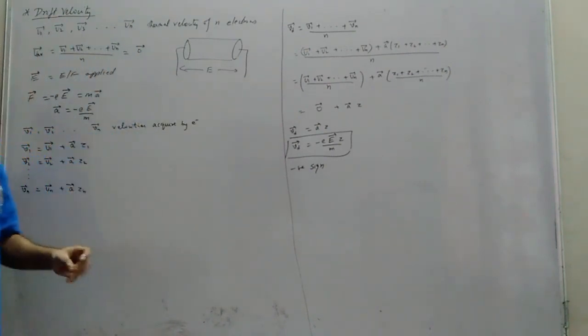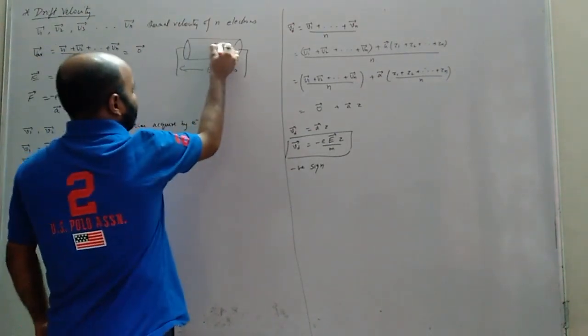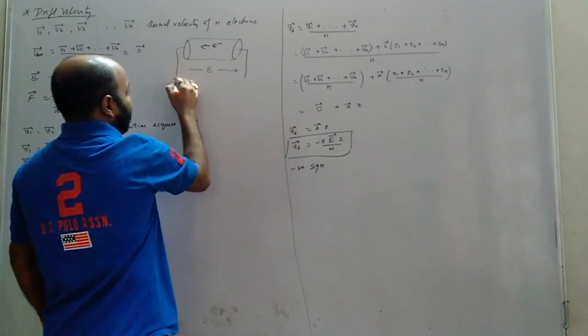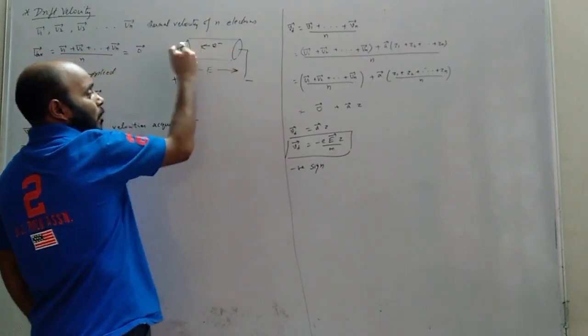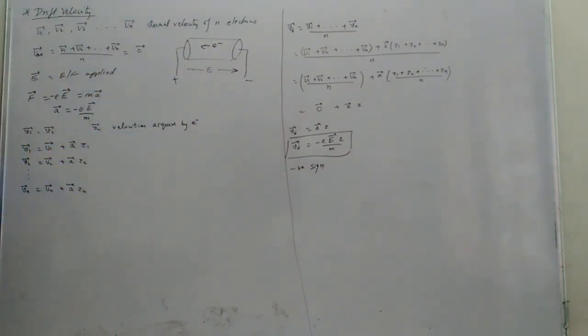Okay, why the minus sign? Because it shows direction, that the force is opposite to the electric field. Whatever the electron will flow, it will be opposite to the electric field. If I put a plus here, a minus here, the electric field is in this direction, the force is in the opposite direction. That is what this minus sign shows. So F vector equals minus small e, what is e? Charge of electron, into E vector.